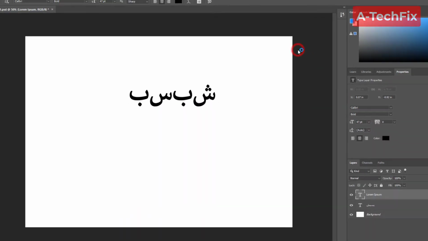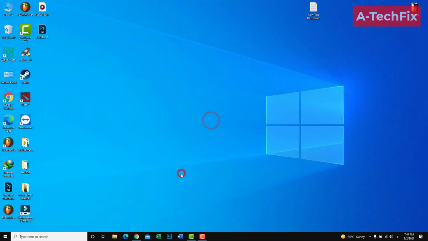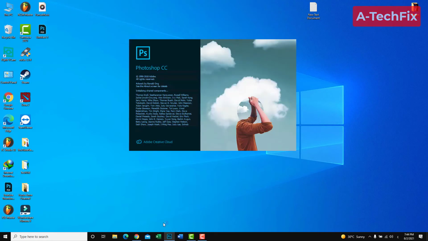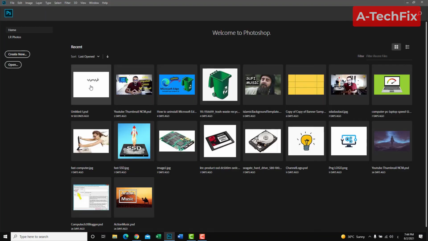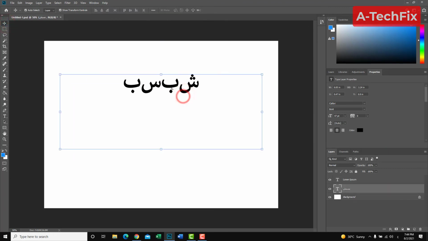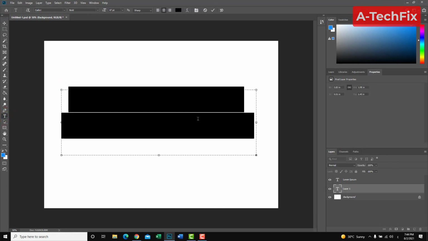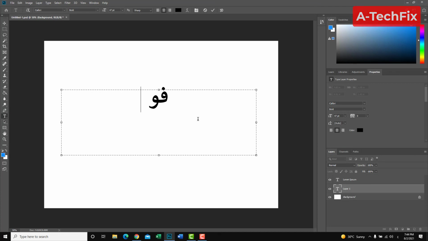Okay, then close or restart your Photoshop. Okay, let's open again. Okay, now I will try to type again. As you can see, now we write in the right way the Arabic